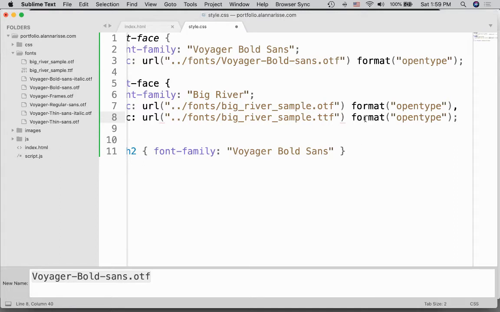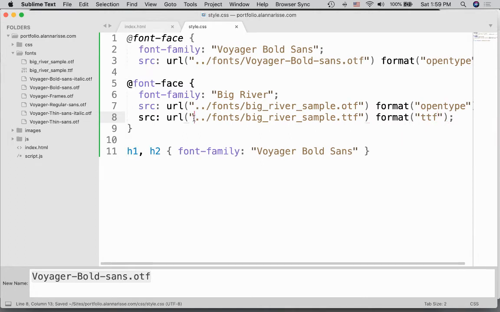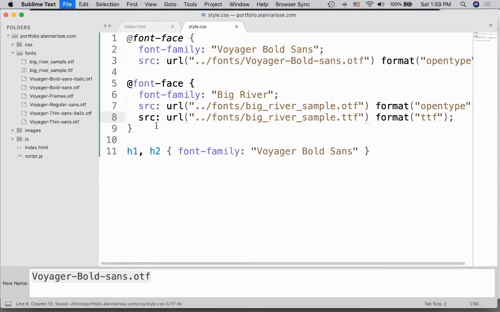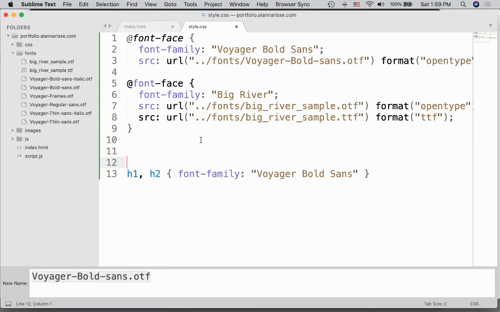And what else? Oh yeah, and then this should be TTF. Okay. Doesn't like my source. I'm hoping that's okay. We'll find out. So now let's just apply this to the body, and then every other tag